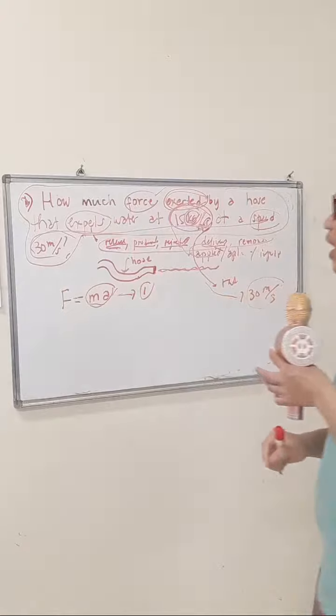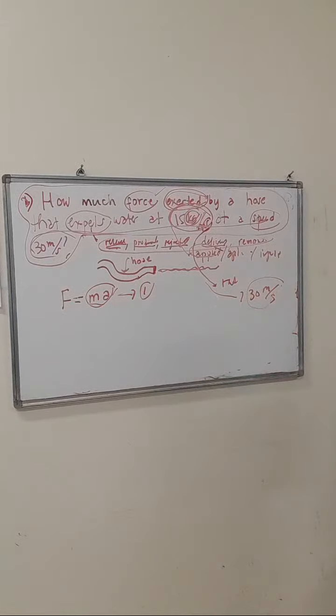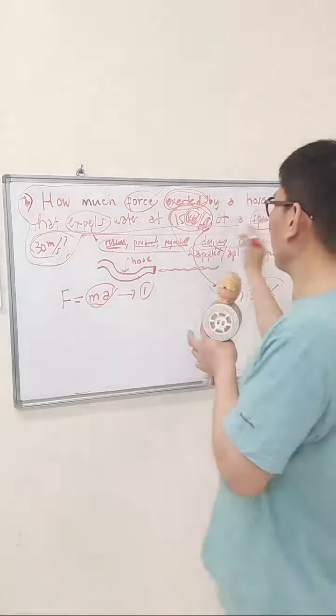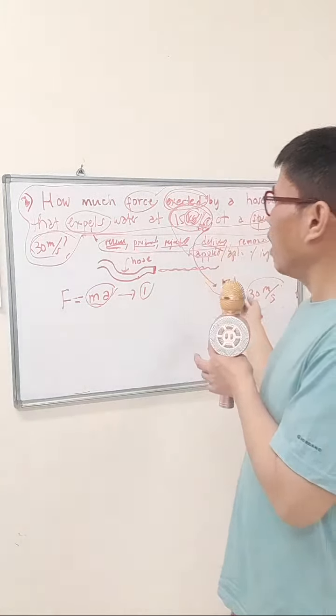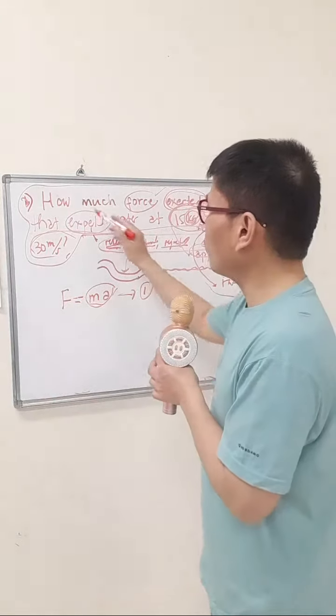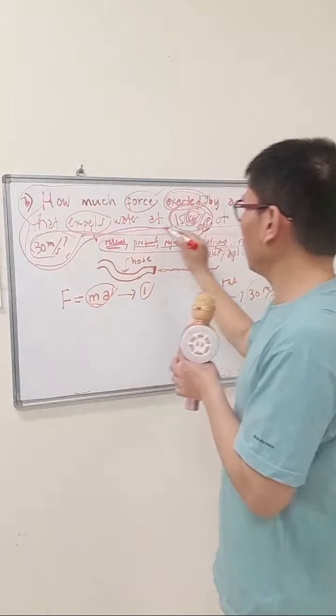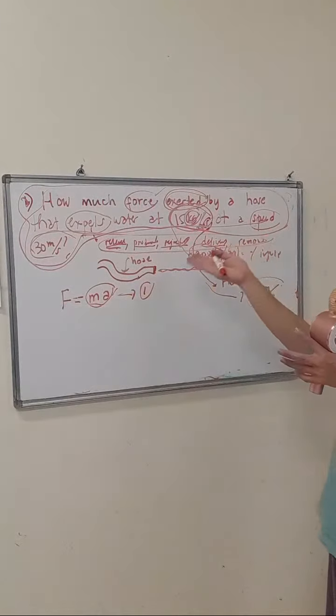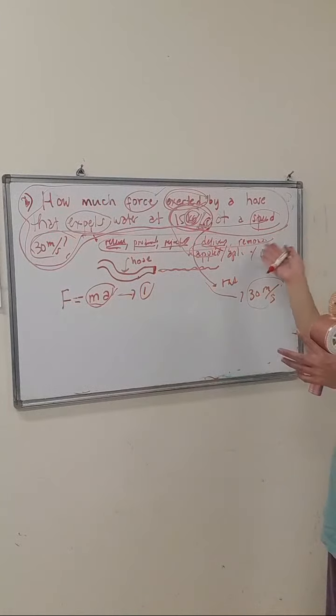Okay. Now, think of another problem that involves momentum. Okay, because where is momentum here? It's going to be difficult. What is tricky here is that momentum is not mentioned. Okay, see? How much force is exerted by a hose that expels water at 15 kg per second at a speed